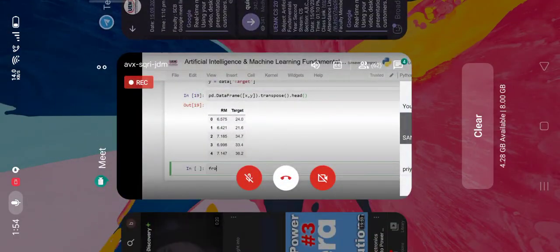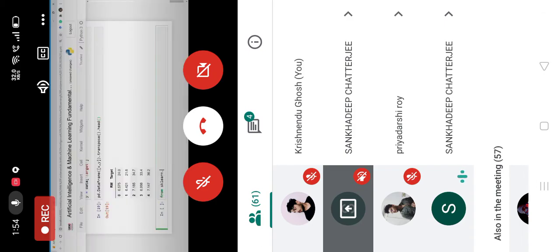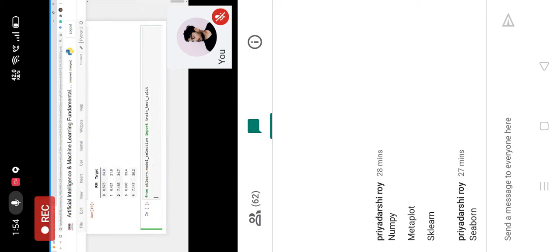In the scikit-learn package, there is a module called model selection. In this module, we have a function called train test split. This function will help us in splitting this dataset into two portions.